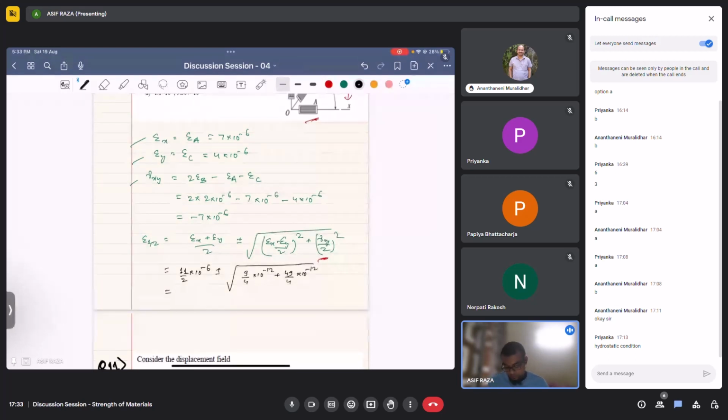Okay, this would be equal to 5.5 plus minus 9 by 4 root 58. Let me see, fine. Root 58 is this by 2 plus minus 3.808 10 to the minus 6, and this would give me values plus